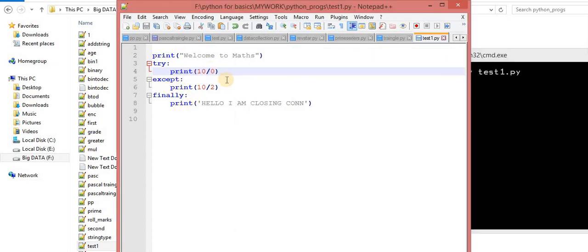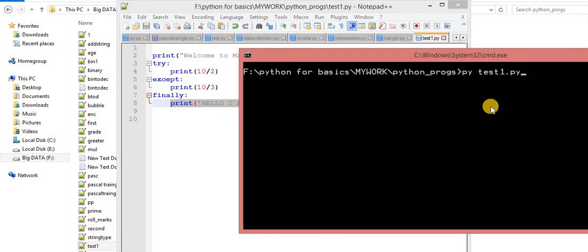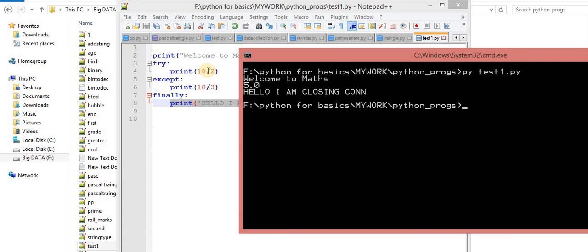Now understand it. This time there is no exception. That means what output will I get? I will execute this code and I will execute this code. This is case number 3. Now observe this scenario. Welcome to Mac. It executes this line, which means there is no error. It never moves to the except block. If it doesn't go to the except block, then this statement will not execute. But the finally, you can observe this scenario, will always execute. The finally statement will always execute.